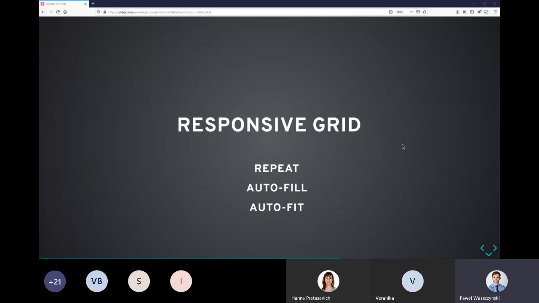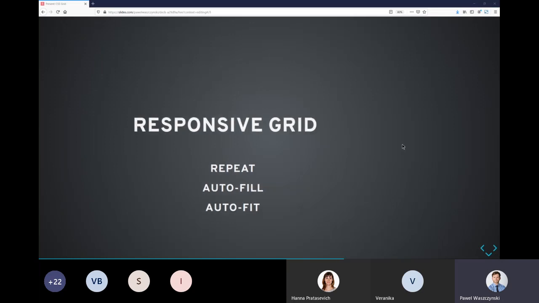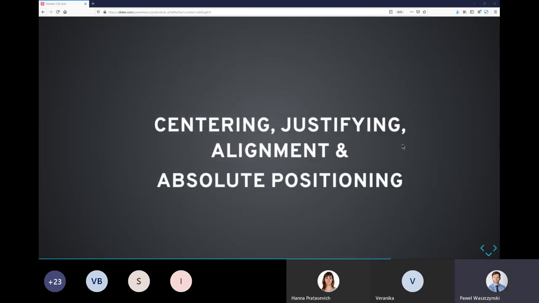Then another important topic: nowadays, most applications and websites are responsive, and we will check how Grid supports responsive web design. Just like with Flexbox, we will have a look at some basic features like centering, justifying, alignment, absolute positioning,